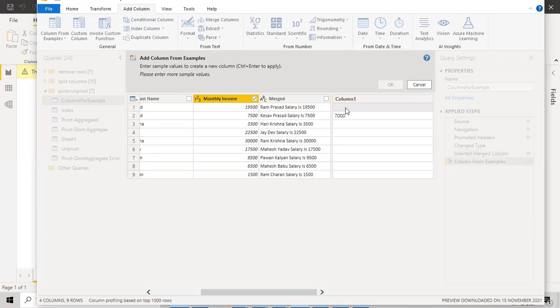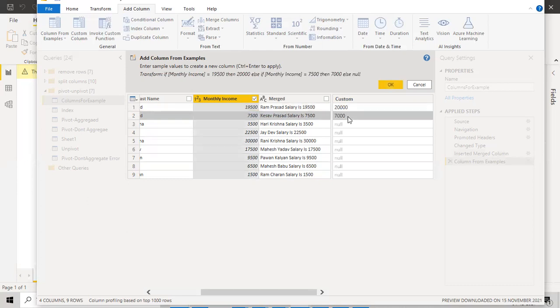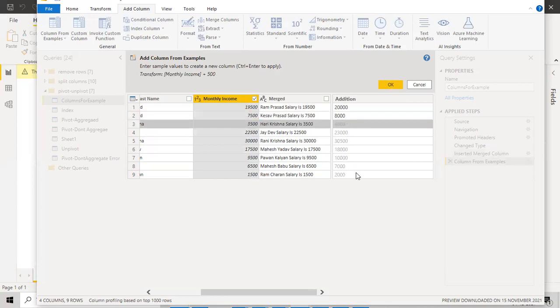And then if you want to make it 20,000, make it 20,000. Then whatever things you want, like make it 8,000. Yes, got it. So here you can see this. So what are you expecting? Are you adding 500? Are you rounding up to the nearest upper value? If you're adding, adding 500 is fine.